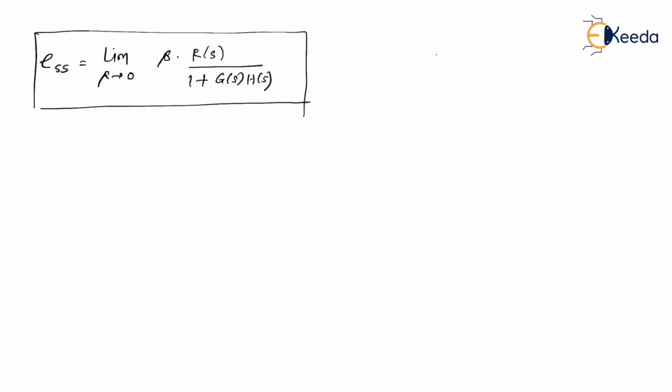You know what? H of s is known to be a feedback element. Sometimes this H of s is unity, sometimes H of s may not be unity. Let me tell you, in control system, some formulas are applicable only when it is a unity feedback system, and some formulas are applicable even for non-unity feedback systems. So keep a note of everything that I say here. This formula is applicable whether H of s equals 1 or H of s is not equal to 1. So this formula is applicable for unity feedback system as well as for non-unity feedback system.